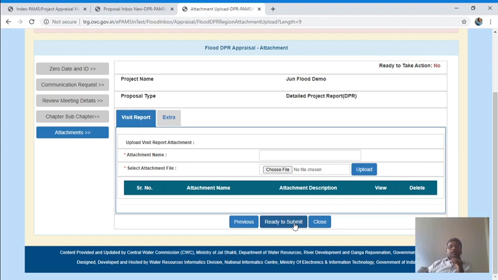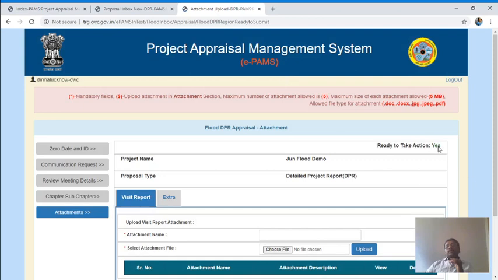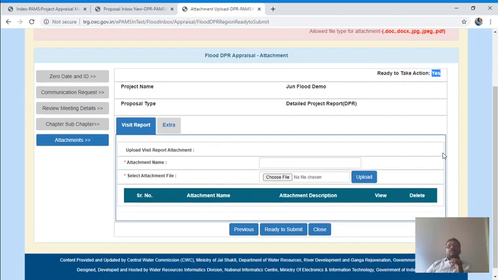So we have put this button here. You have to click it manually and tell the system that yes, I am ready to take action. Then after that you can take action. Now I am clicking ready to submit. Yes, okay. Now you can see there is yes. Now you can take action.